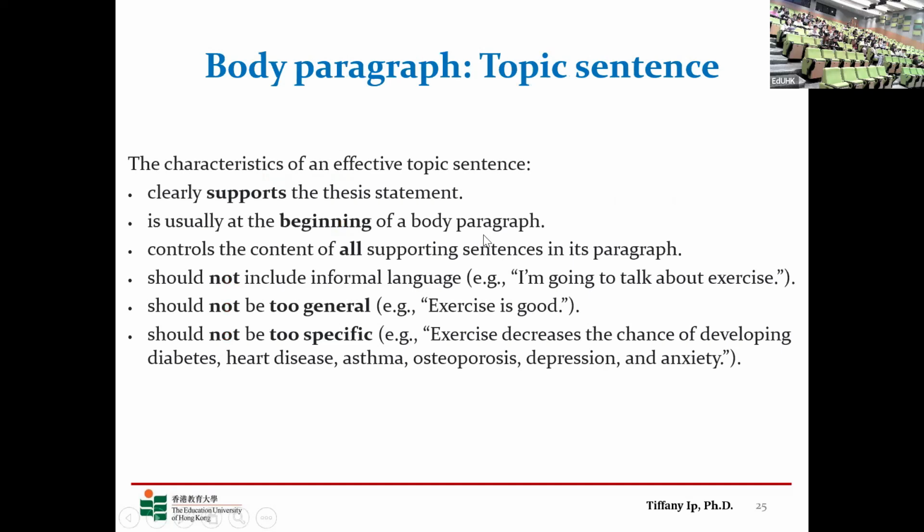Now let's look at the topic sentence. There is a balance you need to strike. This topic sentence should clearly support the thesis statement. Say you think that a certain approach, like online learning, should be promoted because of 3 reasons. The first reason is for students' physical health, because they do not need to wake up that early. Then that is one argument, that is your topic sentence. So you need to mention the physical health first, and it's usually at the beginning of a body paragraph. And then the connecting details afterwards would also be related to that.